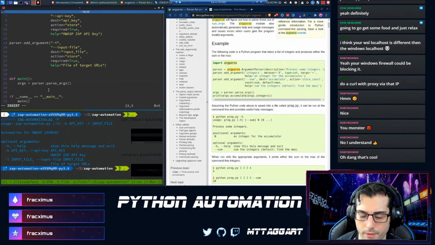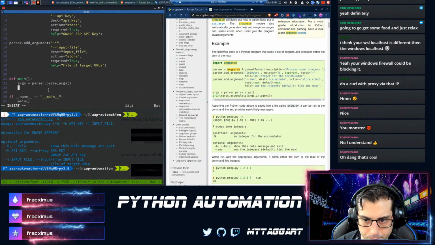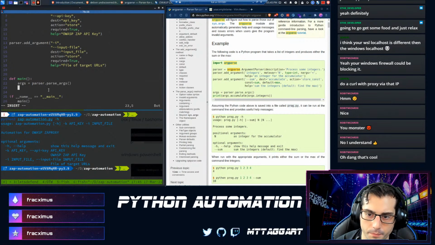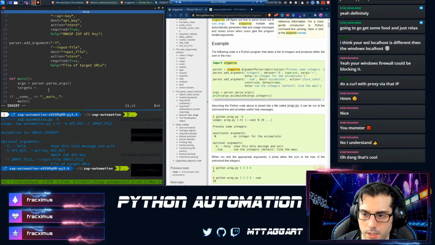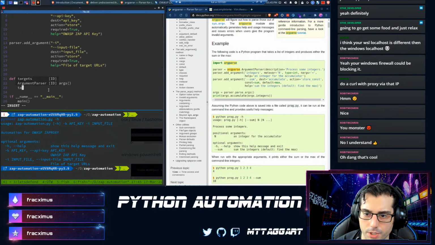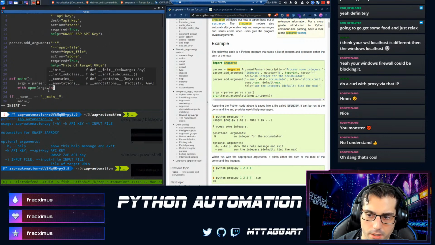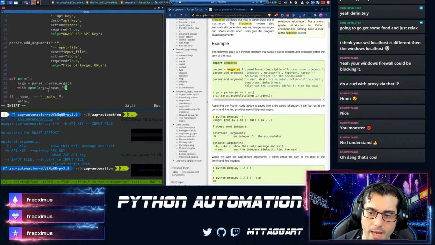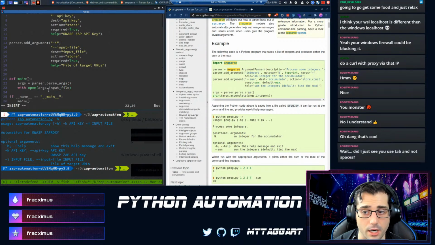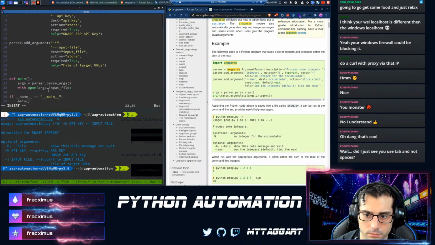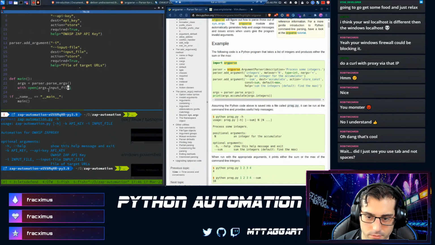parser.parse_args. So now that we've got the args, we're going to say targets equals, and oh no, just kidding, with open args.input_file. And remember, we have a guarantee that this thing is there because we made it required. Don't worry.